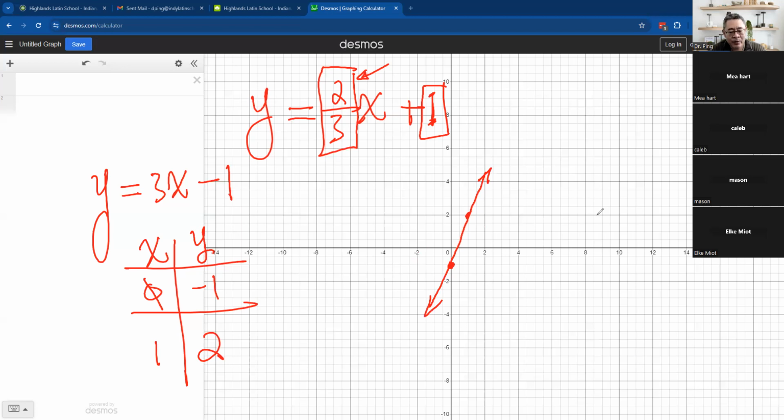Another way we do that is using this form to help us. We know -1 is our y-intercept, so it has to be there. Now, the slope is 3, which is 3 over 1. So that means our run is 1, our rise is 3. So run 1, and go 3: 1, 2, 3. Then we find the second point, we connect that way. So that's a different way of graphing a linear function